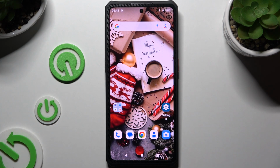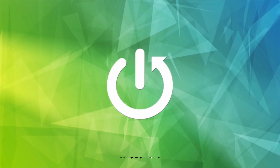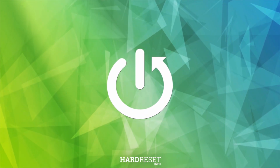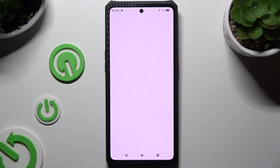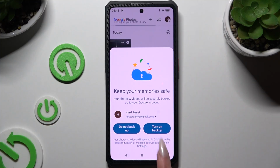In front of me is R2 Ultra, and today I would like to show you how you can select and delete multiple photos at once. Begin by opening Photos app and tapping on Photos